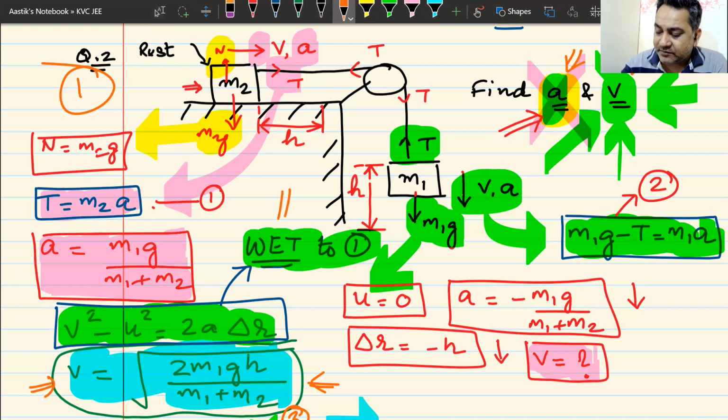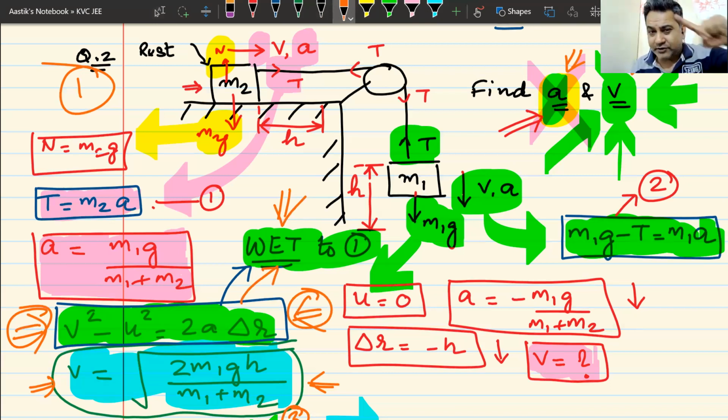This equation number 3 that I've used here, which I am marking by arrows, we have been using since chapter 1. But we now know that this is the work energy theorem. This equation that I've applied here is the work energy theorem applied on block 1. I've only applied it on block 1. So I had to take work done by tension here. Then you will say, sir, where is work done by tension? This acceleration that you see comes from this force, and this force has that tension coming into it.